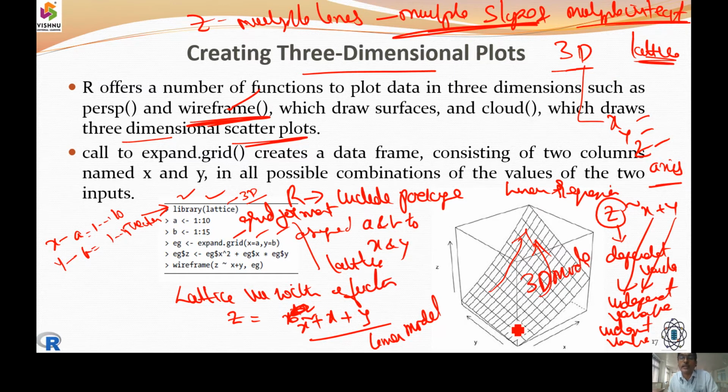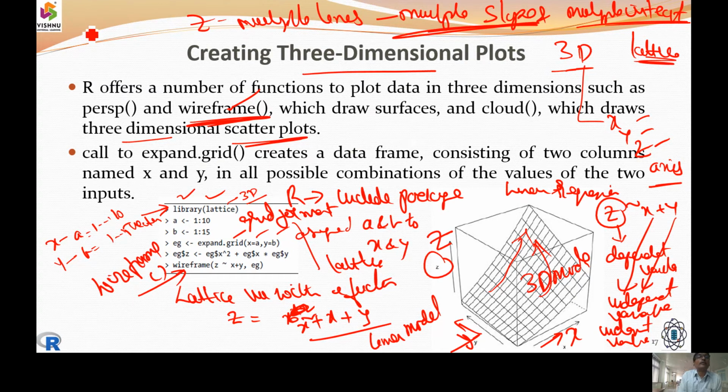We are going to get the data in a 3D model. So we get this as the z-axis, one we are going to call the x-axis, and the other we are going to assume as the y-axis. So how we will be getting this is, we will be using a wireframe. We are going to use a wireframe function.